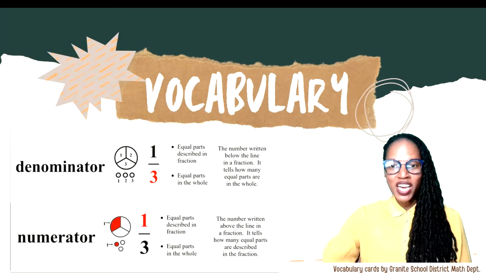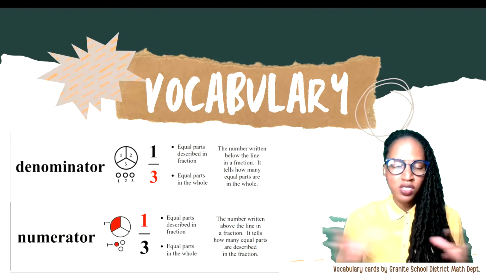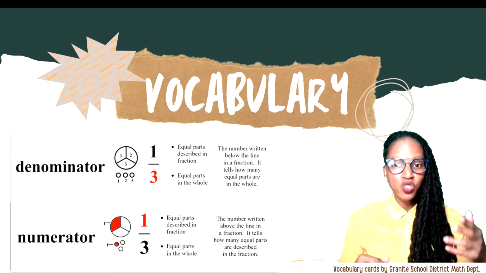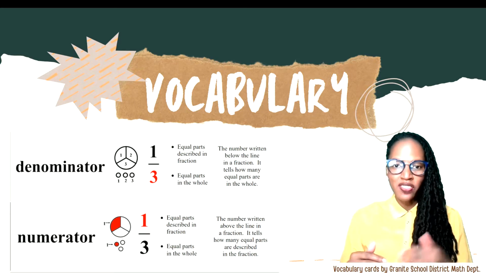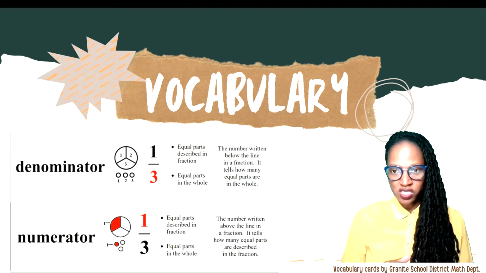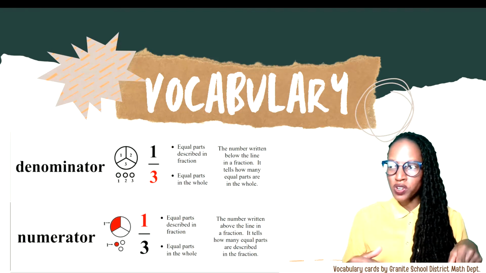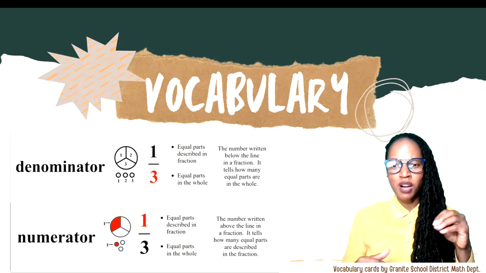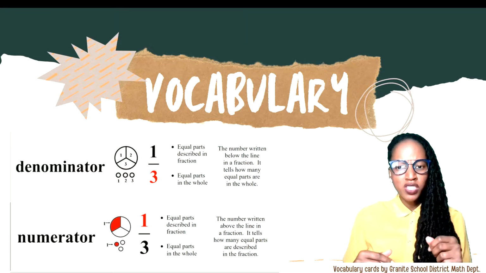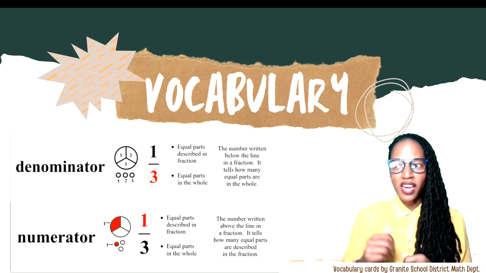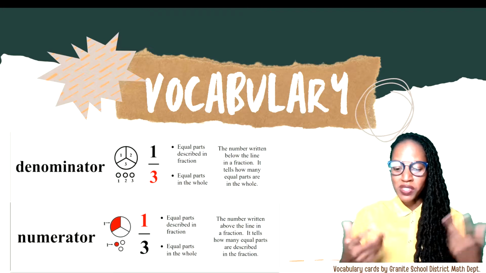All right, well, let's go ahead and dive into our math lesson. And we always like to start with a little math vocabulary. Let's just remember some things we learned in 3rd and 4th grade. The denominator of a fraction first tells you how many equal parts are in one whole. For example, in this circle, because the denominator is thirds, we have 3 equal parts. But the denominator also tells you how large or small the size of the